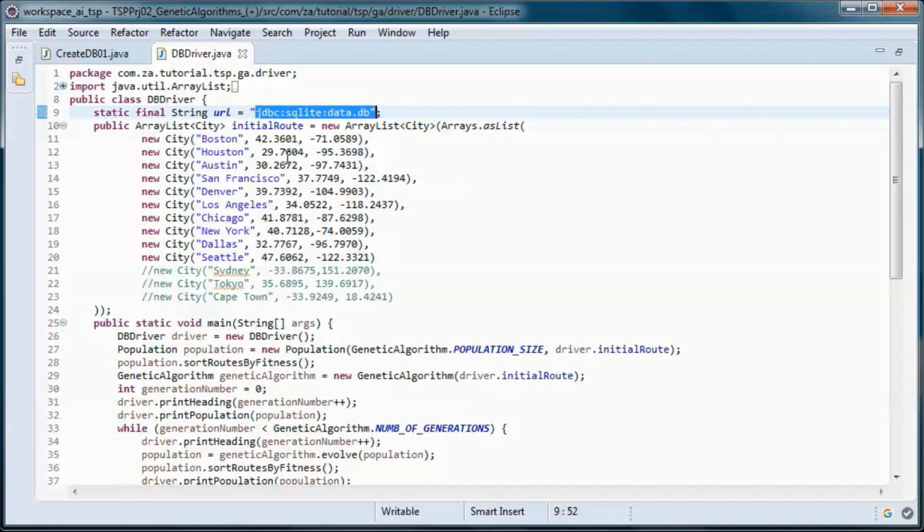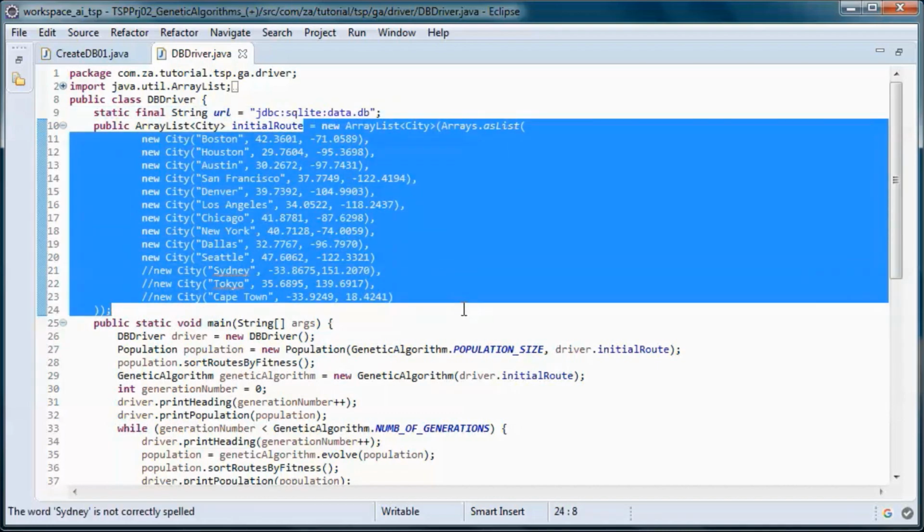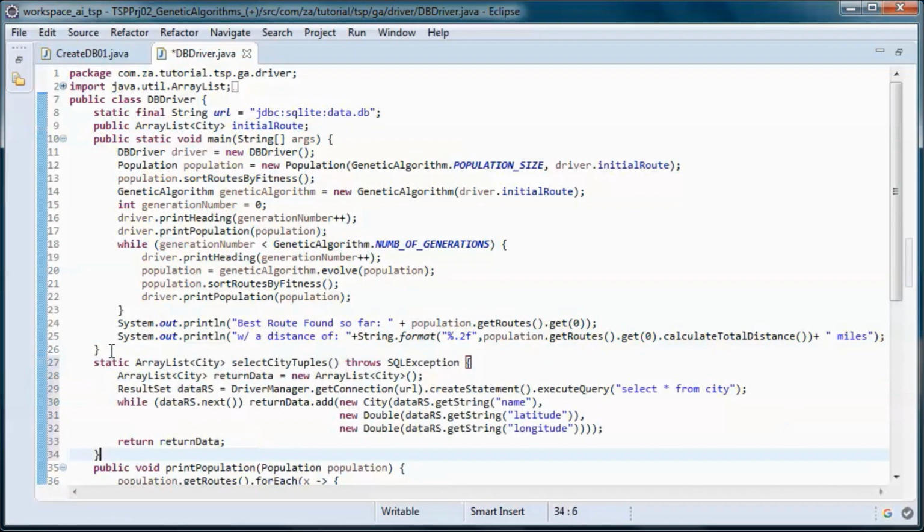And here we will be picking up the data from the database. So let's remove those. And this method does that.